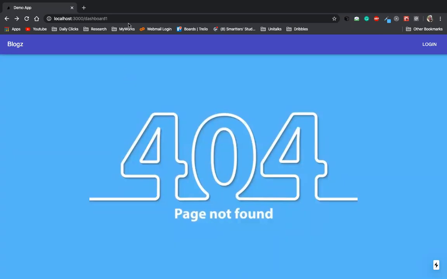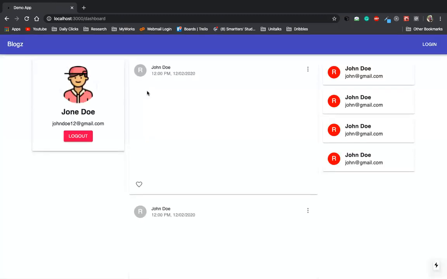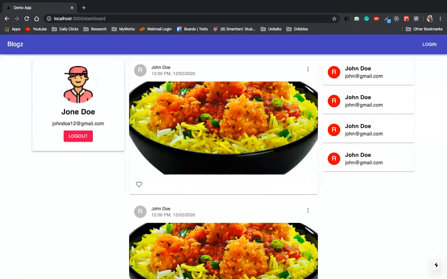So what we have to do, we have to restrict the master page from rendering the app bar inside all authentication related pages like your login, register, and forgot password. So how will you do that?